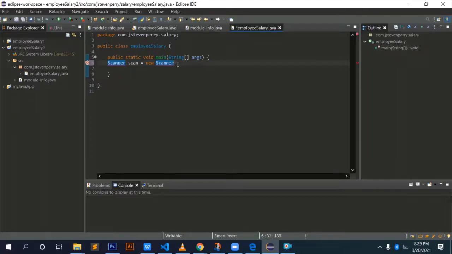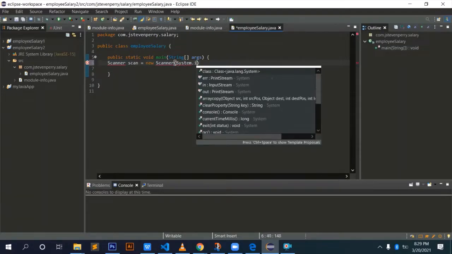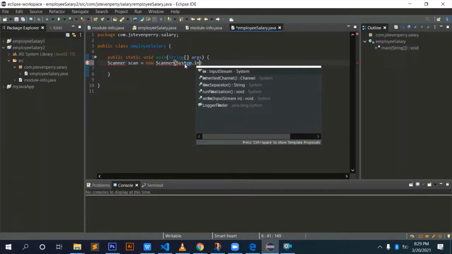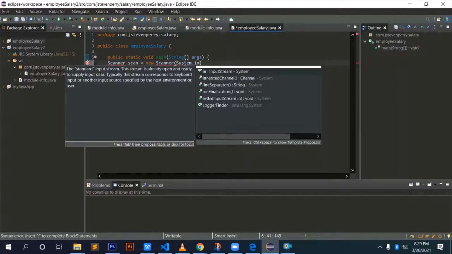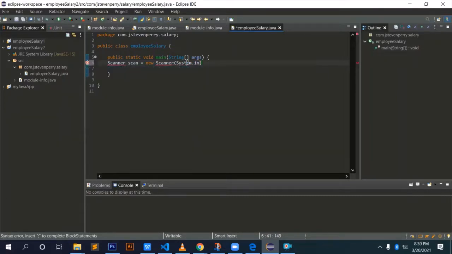So we don't need these dots. Just go on and say System.in. Alright, so we need to specify which system we are using. But first of all, let's go and tell the program that we are using